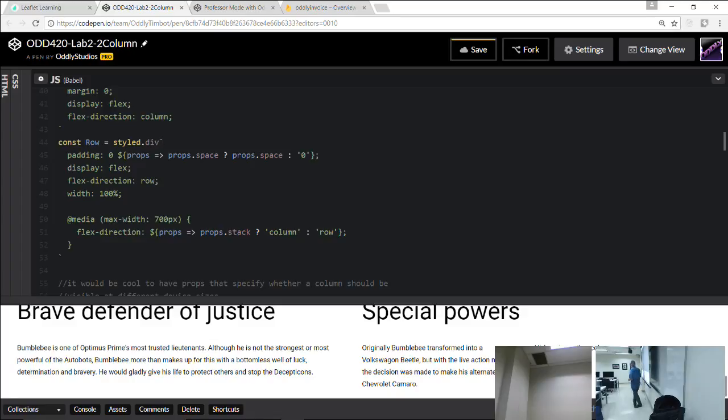Avoid margins. So right here, I'm saying if I want some spacing around my content, let's give this row component a prop called space. And space I can give a value. Let me show you where I'm using it. It'll start to make more sense.